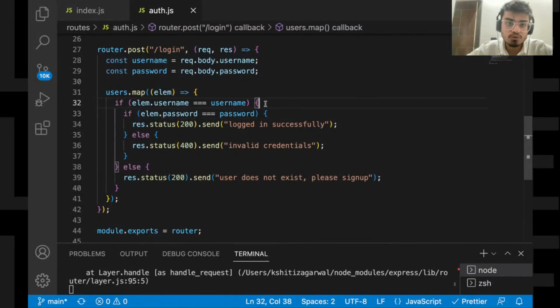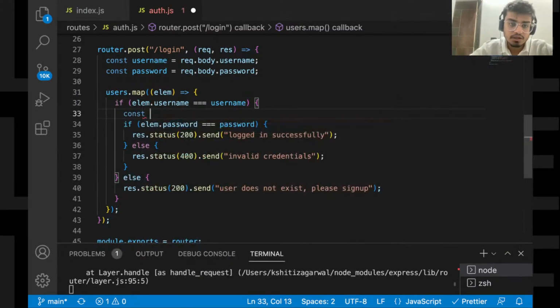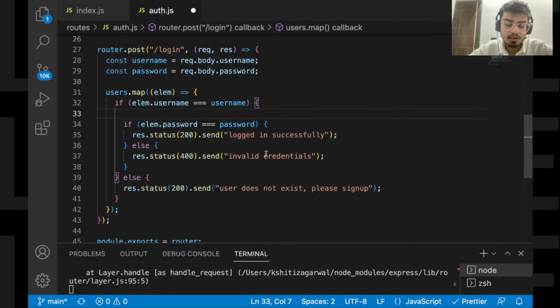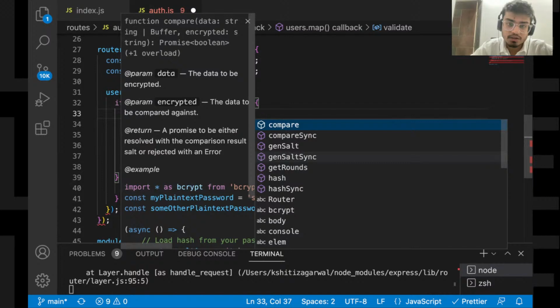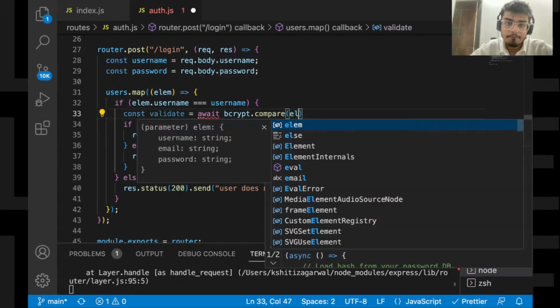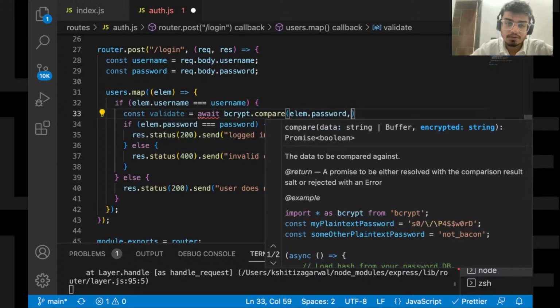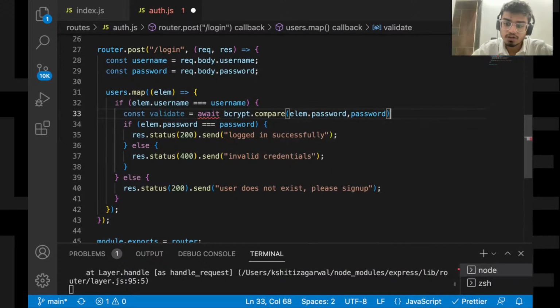Instead of this, what we'll do is const check or validate is equal to await bcrypt.compare, and what we need to compare is lm.password with the password we have got. And this should be an asynchronous function.